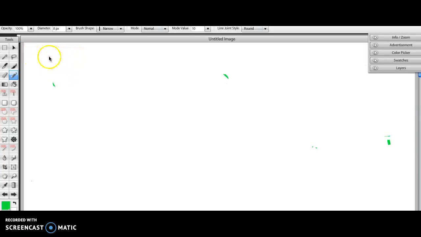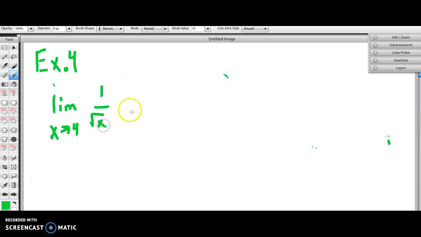Right, so we have example 4. All right, so we have the limit as x approaches 4 of 1 over the square root of x minus 1 over